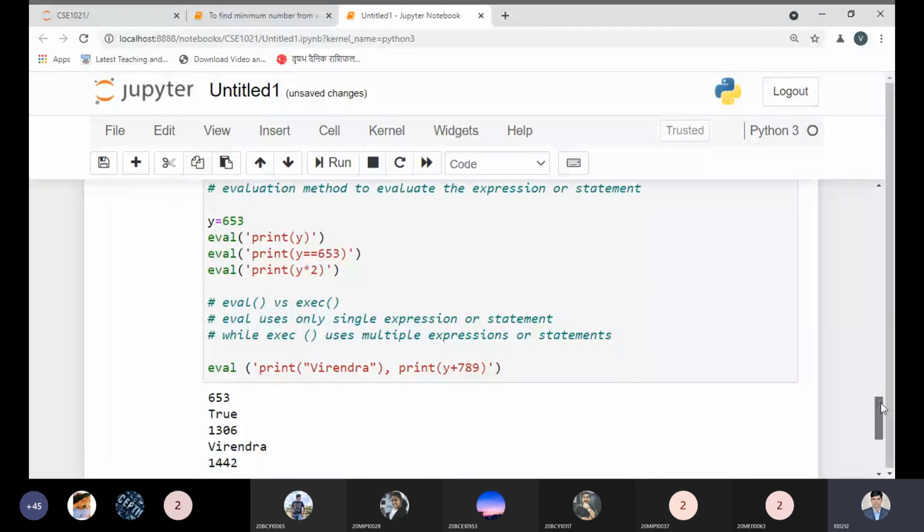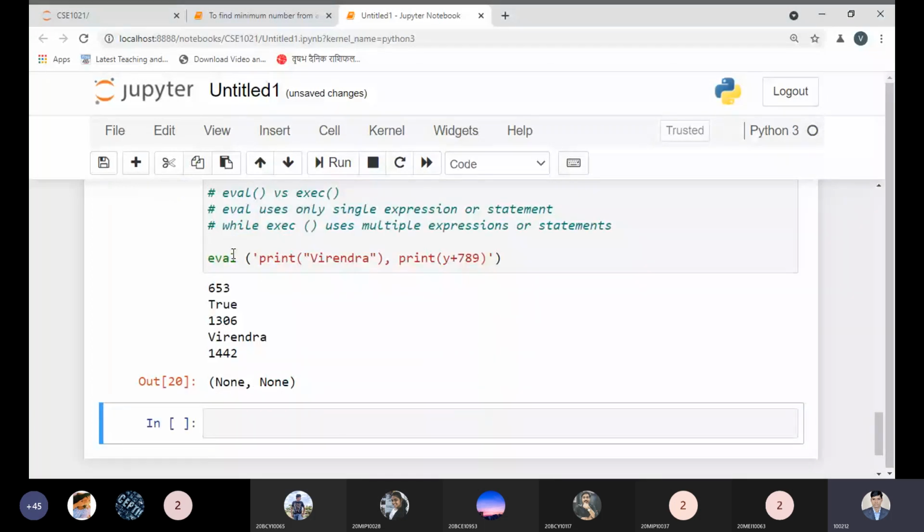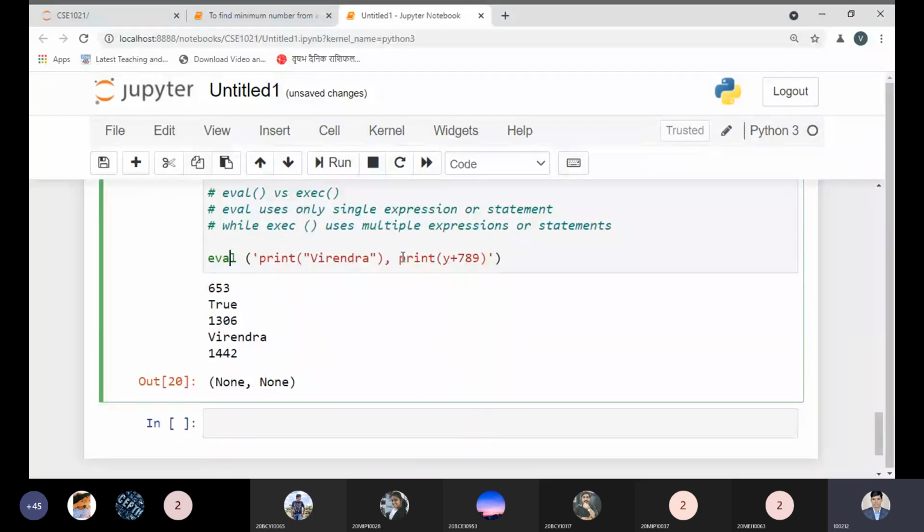Let us check once again. We are getting None. Why are we getting None? Because multiple expressions cannot be evaluated. So we are getting the answer None. The eval method is not returning anything, but it is printing the value which is done over here. Now see.